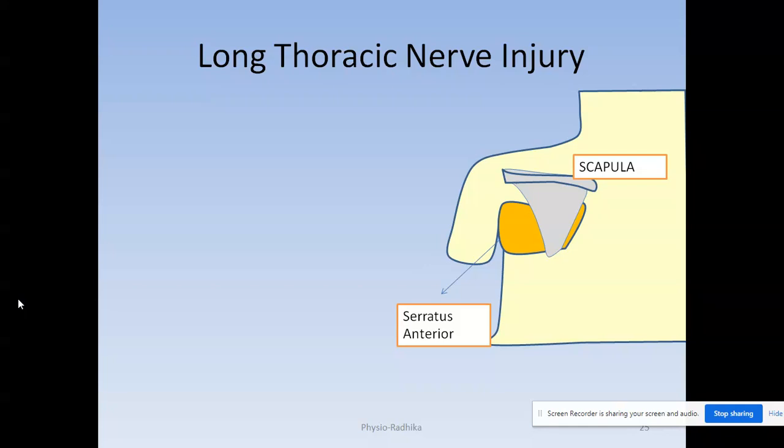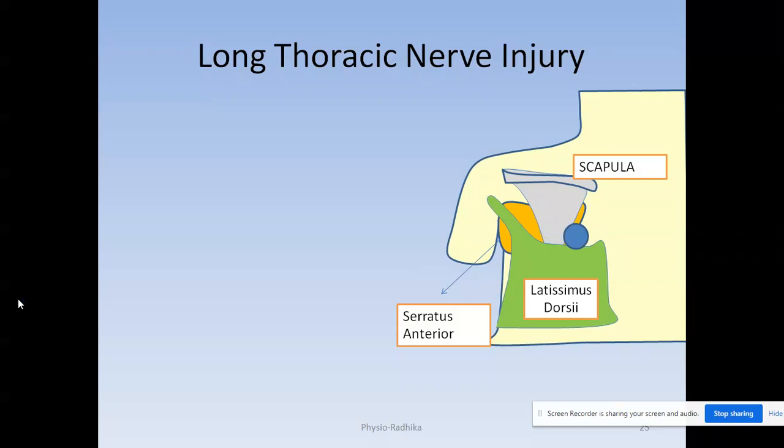So, the muscle chosen to replace the action performed by serratus anterior is the nearby muscle known as latissimus dorsi. Latissimus dorsi originates from T7 to T11 vertebrae, iliac crest, as well as inferior angle of the scapula and gets inserted into the intertubercular sulcus of the humerus. So it's very easy to relocate the insertion of latissimus dorsi to the scapula. So, point out the latissimus dorsi insertion. The insertion point is changed to the insertion point of serratus anterior.